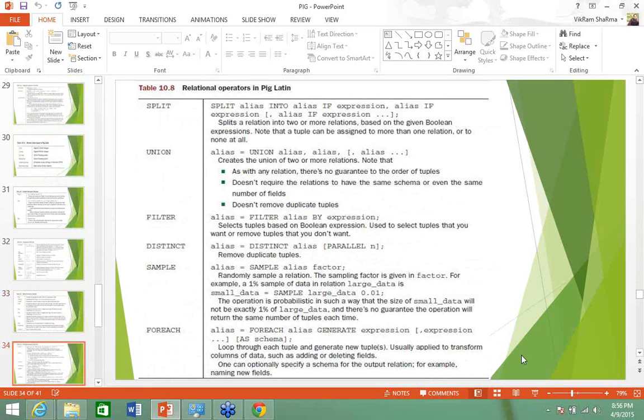We have the sample for each. For each is similar to the for loop. For each is used to read the value or get the value from a collection. Here our collection is the bag, and if we want to read each and every value from the bag, for that we can use for each. This for each is similar to the Java for each.